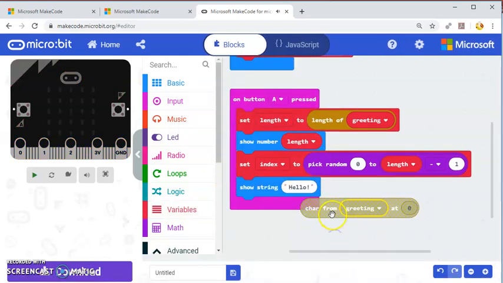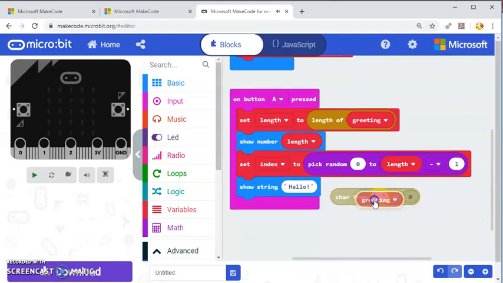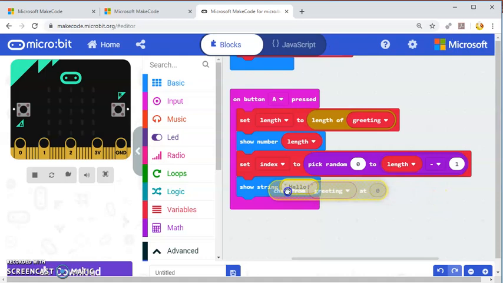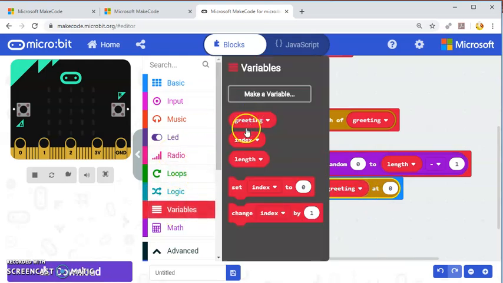Now sometimes you might have seen that when you're trying to put it in, you'll put it in the wrong place, so you just need to be a little bit careful of that, and it's something that students struggle a little bit with as well. So if you bring it back over here, and when you see it going yellow underneath, then you can let it go. So it's the character from greeting at, and I just want to click on the variables